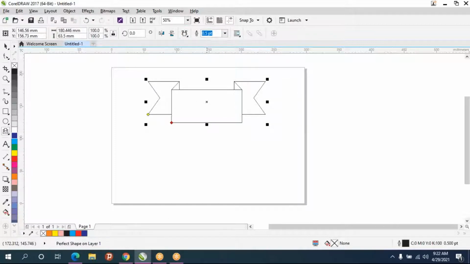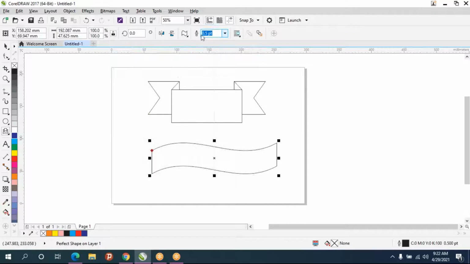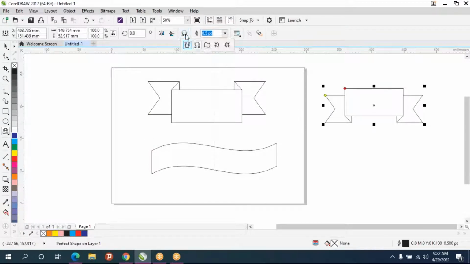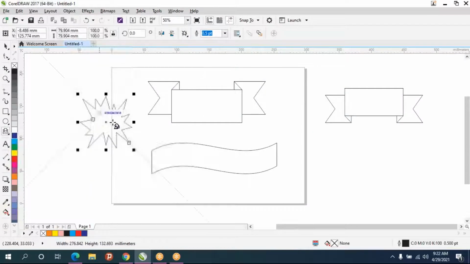Like this also you can create. So this they'll use for like some flash sale something, and they'll put some color inside. So you can type some text inside. So typing text and all we'll see today.